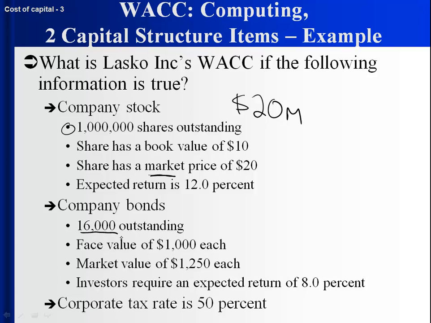Bonds, there's 16,000 outstanding. Face value and market value, we're interested in the market value. 16,000 times 1,250 is also 20 million. So if you owned all the stock and all the bonds, you'd have $40 million worth of holdings. And owning all the stocks and all the bonds